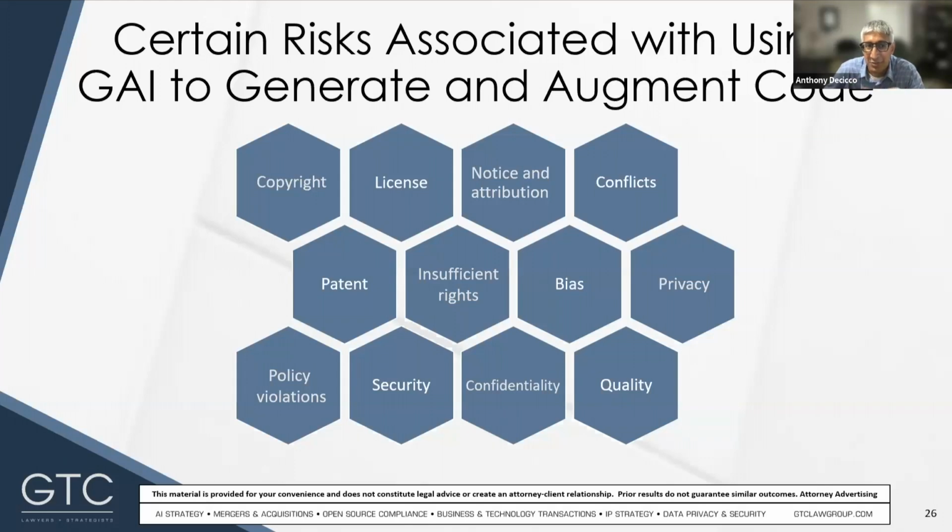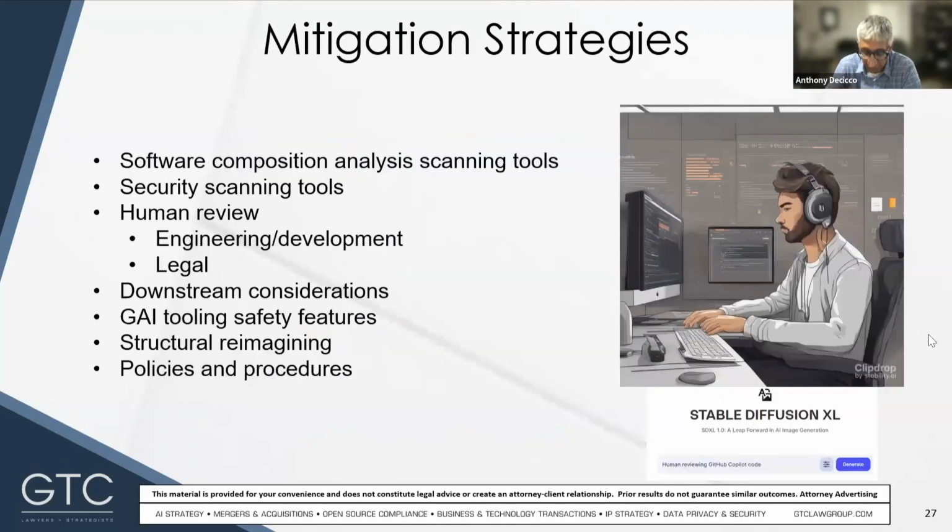The last one I'll mention is policy violations. So you likely have, depending on the size of your organization, other policies in your company, like anti-discrimination and anti-harassment. You probably have coding guidelines, depending on the size of your dev team. So the generated content may violate these company policies if we don't plan for it. So we'll talk about the mitigation strategies next and how you can address all these risks. As I mentioned, I think they're all largely surmountable. You just have to plan for them.